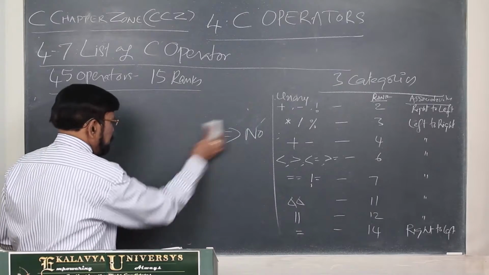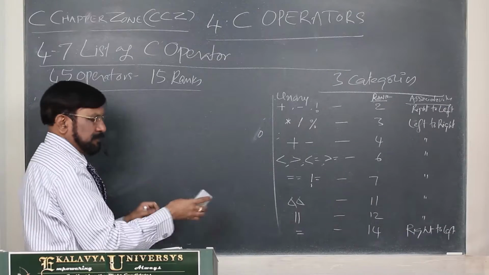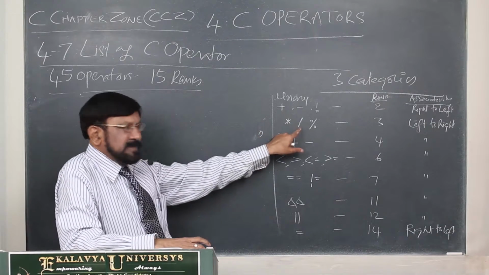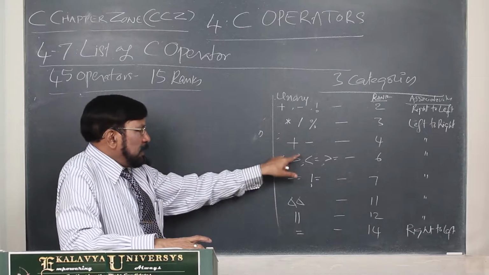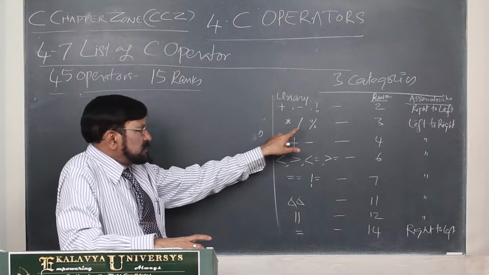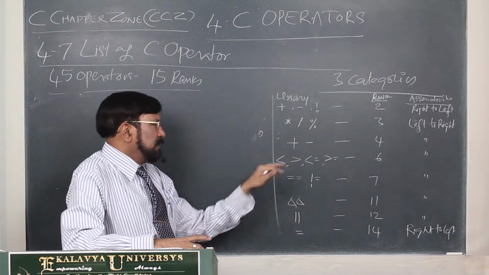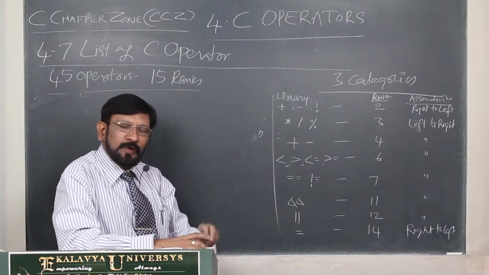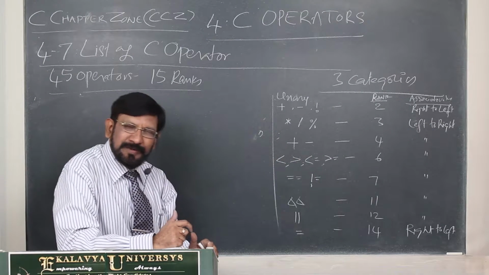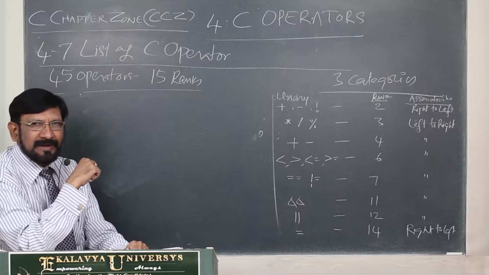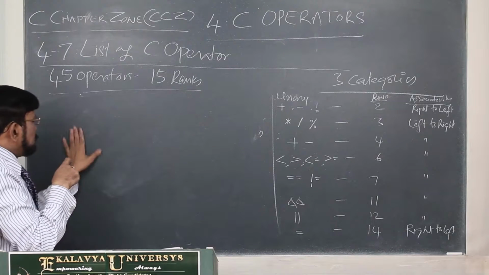And next one, another very interesting thing. These are arithmetical operators only. Multiplication, division, modulus, 3rd rank, plus and minus 4th rank. What is the logic behind it, underlying logic behind it? Let us see. Now you see,